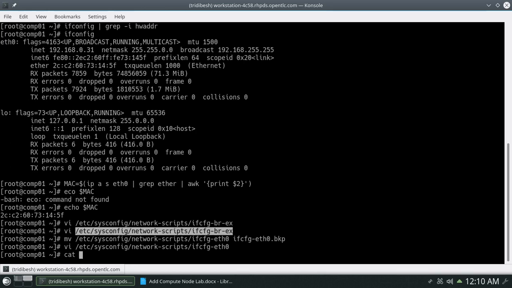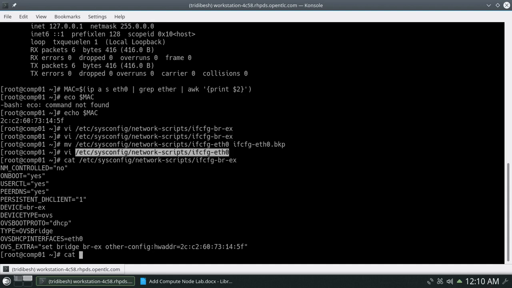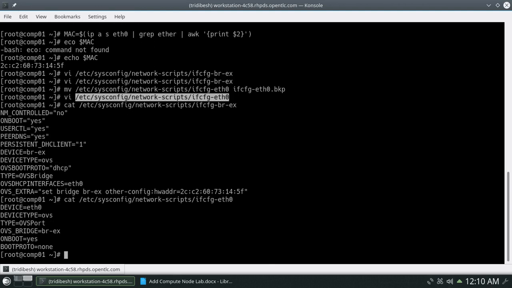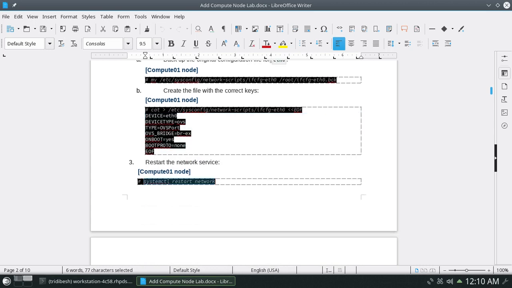Let's verify again whether both the files have been created properly or not. One file is this one and another one is eth0. Once you are done with that, you have to restart your network services.